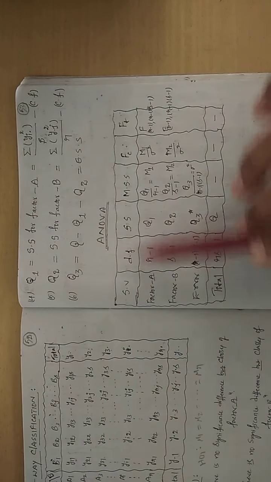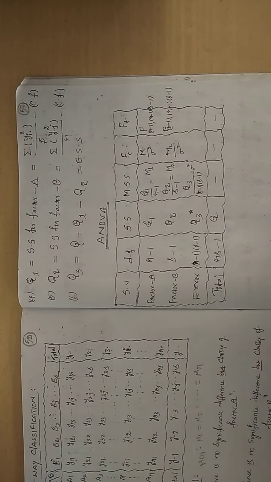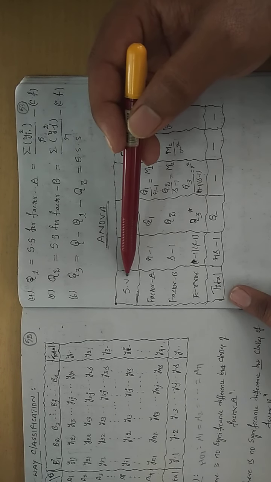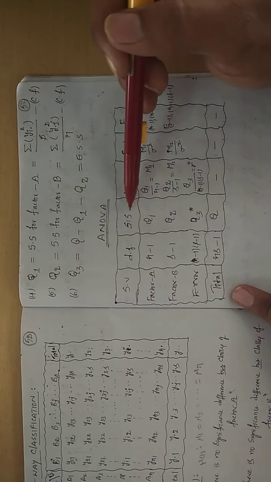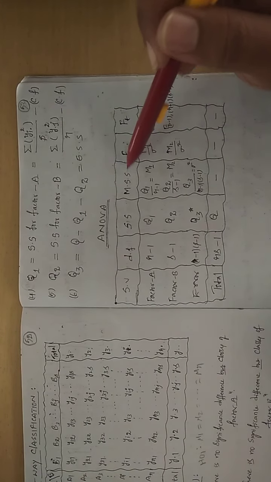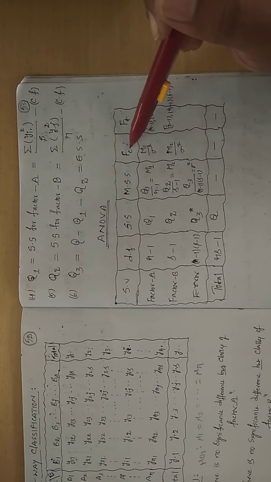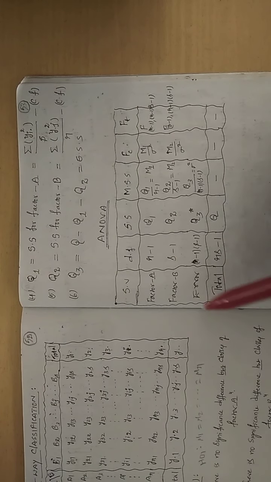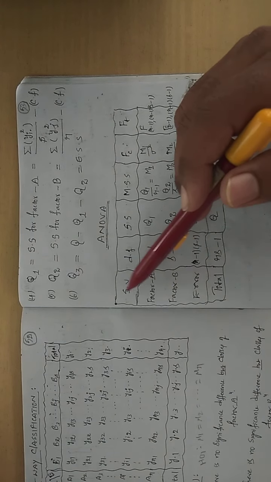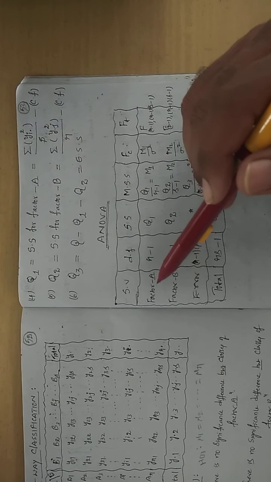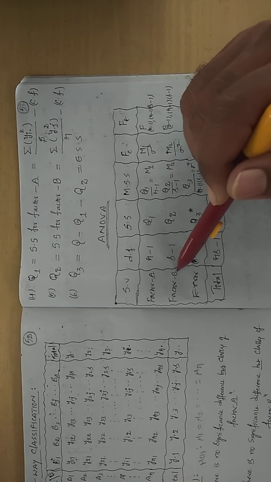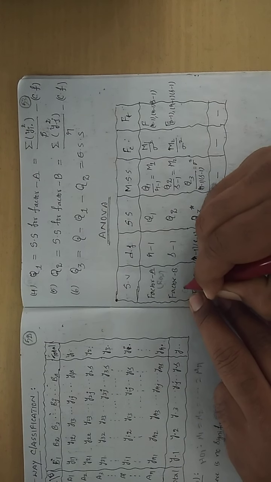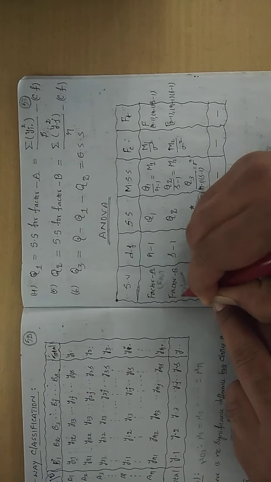And immediately you go for framing the ANOVA table. Same as usual, same column heads are there. What is the first column head? Source of variation, SV, degrees of freedom, sum of squares SS, MSS stands for mean sum of squares, F distribution calculated value, F distribution FT stands for table value. There only one factor, that is only columns, but here two factors, one for rows and one more for columns. So what is the row information? If you want, you can write here row also. If you want, you can write here column also, if you get confused.